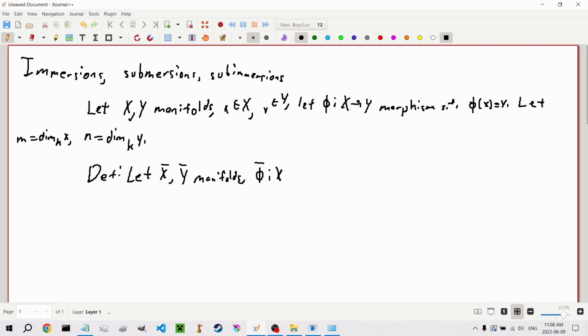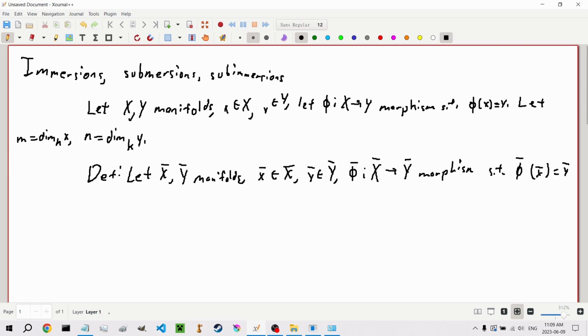So we have X bar and Y bar manifolds with elements x bar in X bar and y bar in Y bar, a morphism phi bar from X bar to Y bar such that phi bar of x bar is y bar. Everything looks the same as before. Then